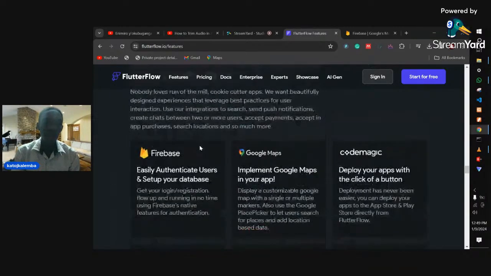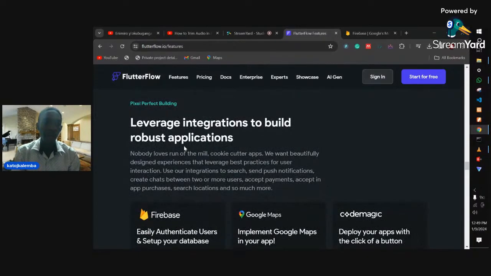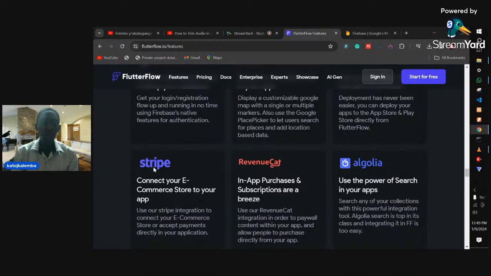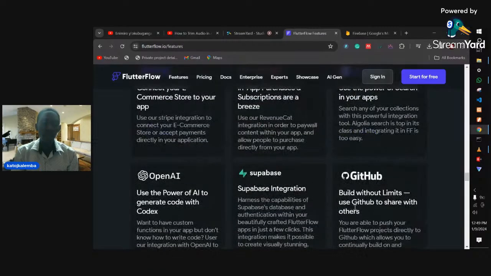So some of the ways to leverage integration to build robust applications. You can connect Firebase. You can use Firebase in FlutterFlow. You can integrate Google Maps, Codemagic, Stripe for e-payment, RevenueCat, Algolia, OpenAI,